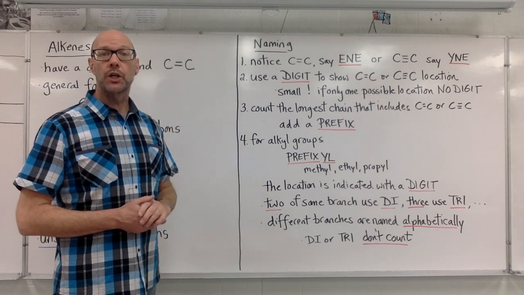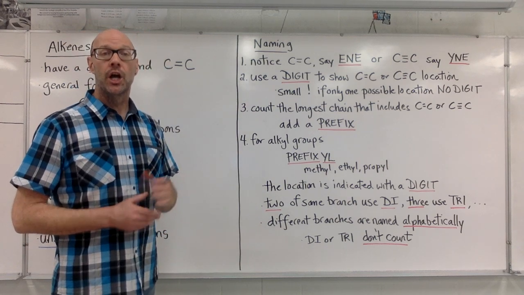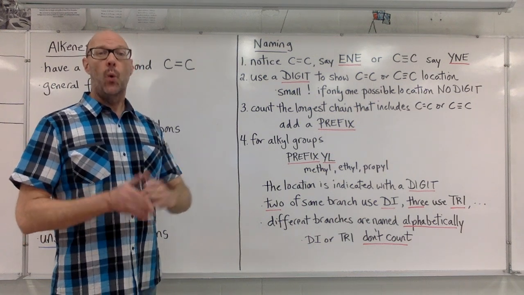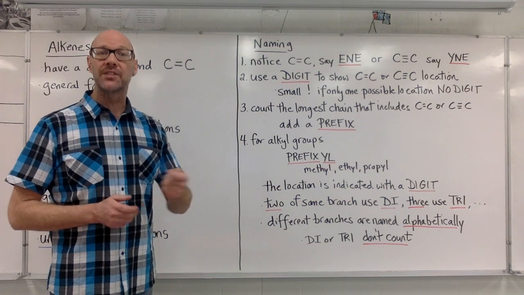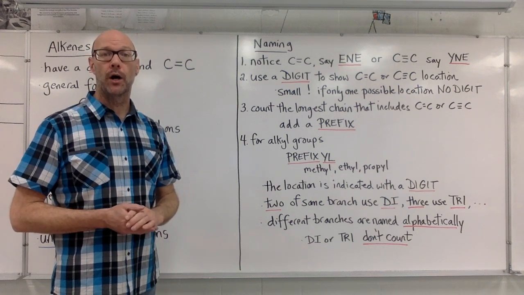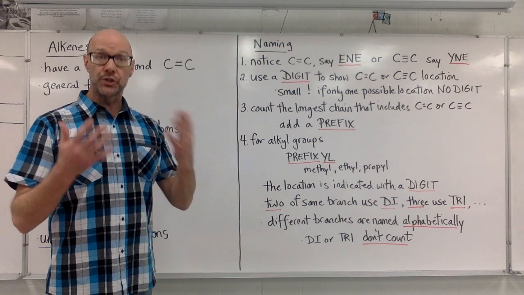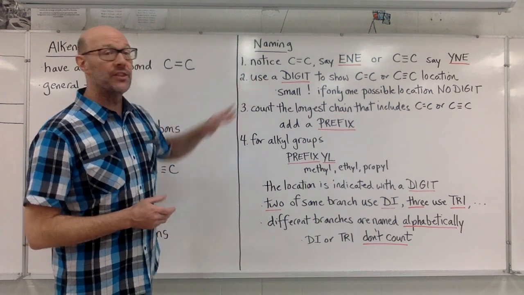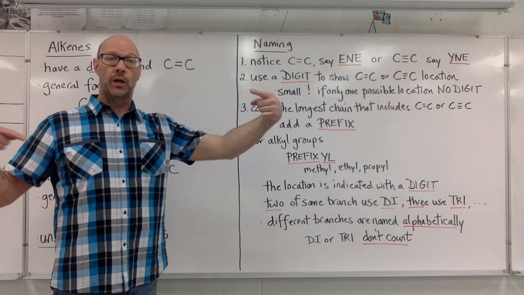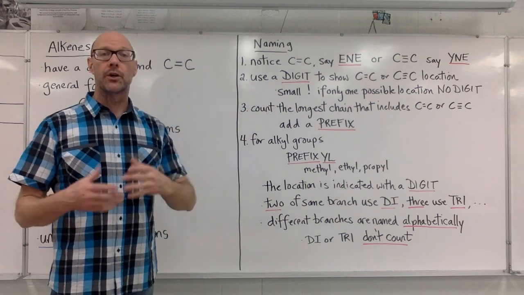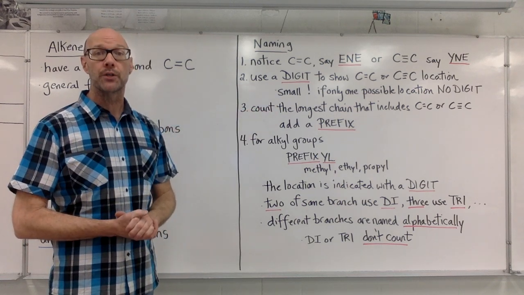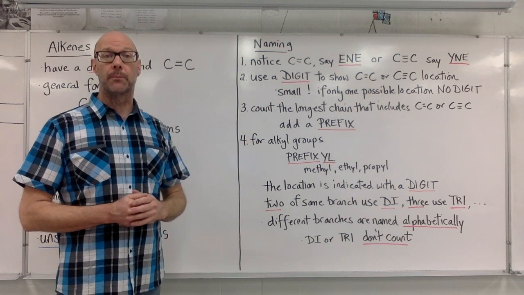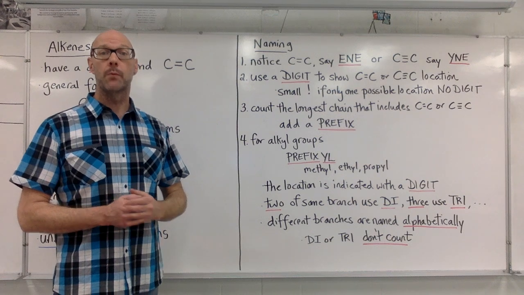The second step is we're going to use a number, use a digit to show the location of the double bond or the triple bond. Where in the chain is the location of the double or triple bond? The rules for digits are going to be really consistent throughout all of organic chemistry. We want that digit to be as small as possible. If we could count from one way or the other, we want to choose the smaller option. And if there is only one possible location for the double bond or the triple bond, then we will not